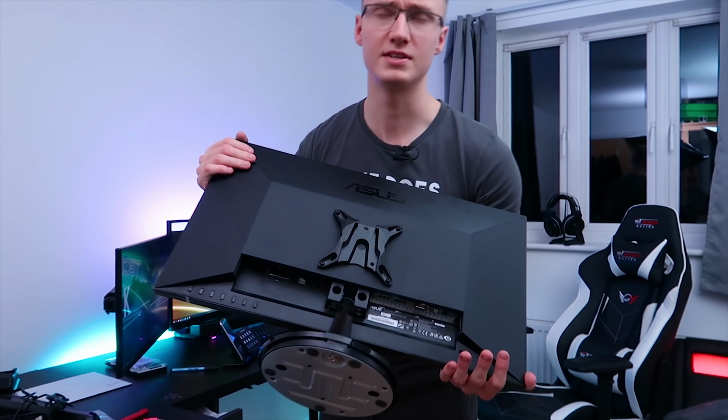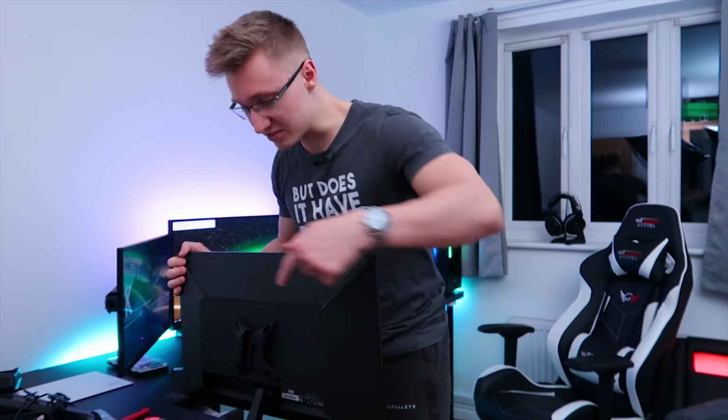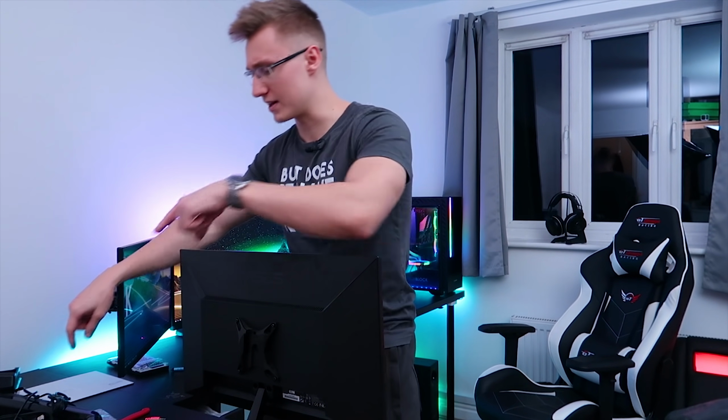Now this is a VESA mount from a different monitor stand that you can learn more about by pressing the card on the top right hand corner there. It's basically like a triple monitor stand that I used to have in my setup before. But this VESA mount isn't compatible with this monitor arm. So we're going to take this one off and put on the new VESA mount that came with the Bestek